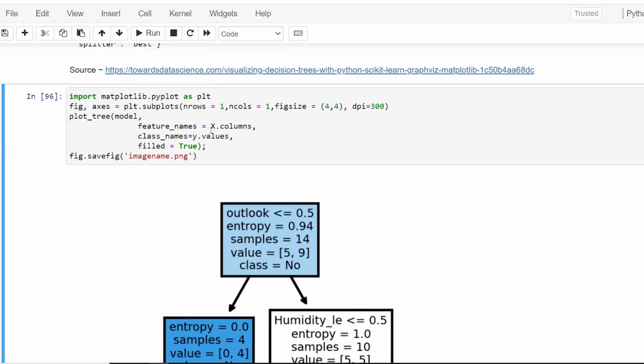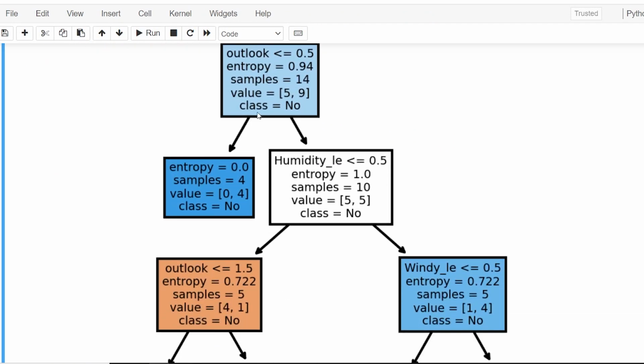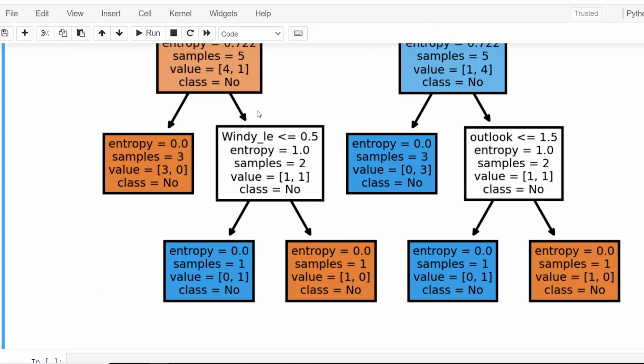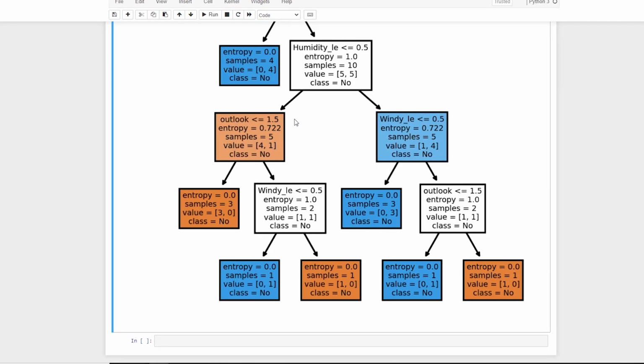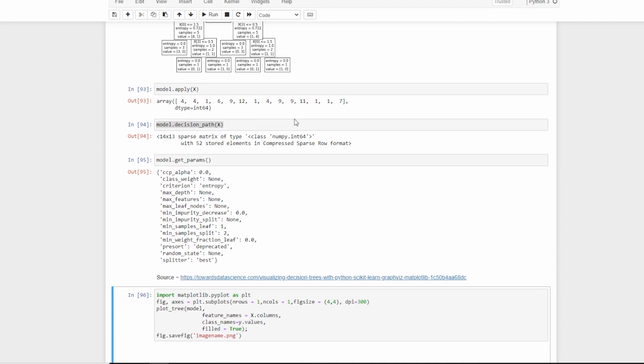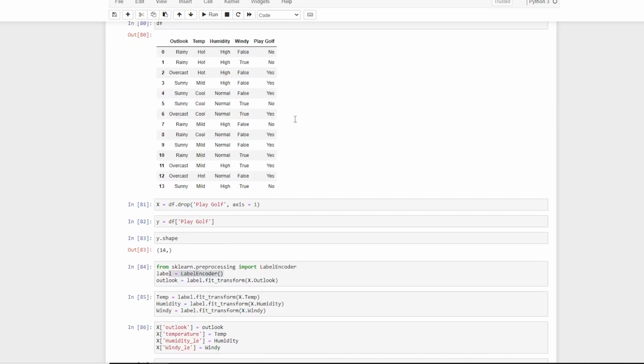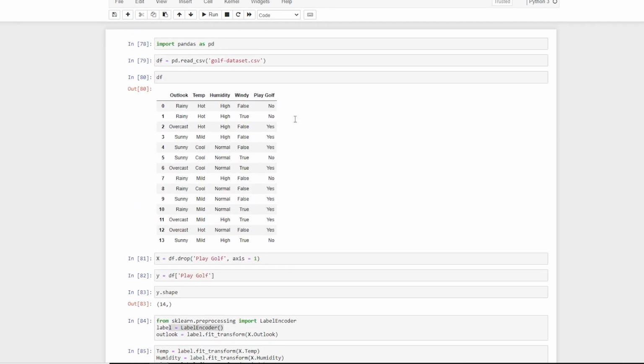Anyway, this is the way I do it, and later on I have the same tree that I actually showed you. This is about the information gain. I hope you might have learned something or the other, and you will have all of these resources in the description box below in the GitHub link. I'll upload them on my GitHub.